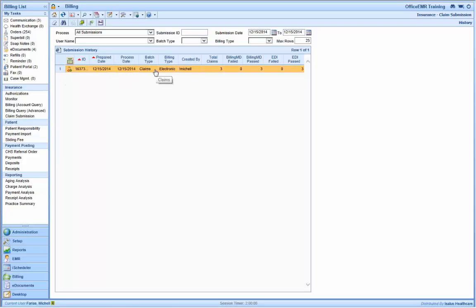Notice our batch for 3 claims is being displayed here. Once again, you have all the information you saw on your initial claim submission when you were processing the batch, but now you also have an EDI failed and EDI passed. The EDI failed and EDI passed is a response from the clearinghouse letting you know whether the claims have failed or passed. By default, if any of the claims failed, it will fall into your rejected claims graph on your billing dashboard. This concludes the processing of the batch of